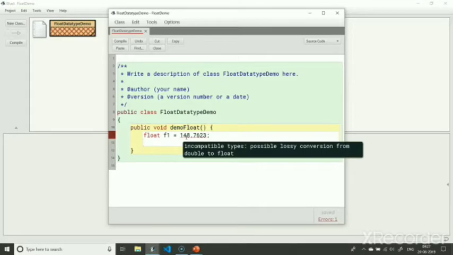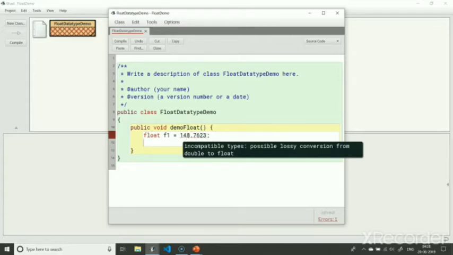So the compiler is treating the value 148.7623 as a double. When we are assigning it to our float variable f1, we are essentially converting a double value to float value. Since range of double is more than the range of float, such conversion may lead to some data loss. So the compiler does not allow such conversions implicitly and flags them as error.